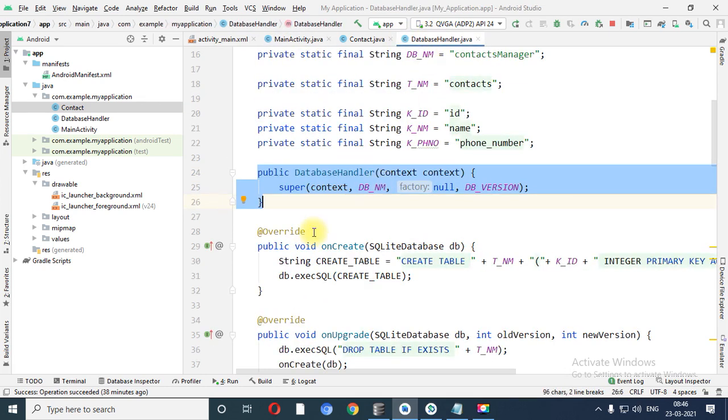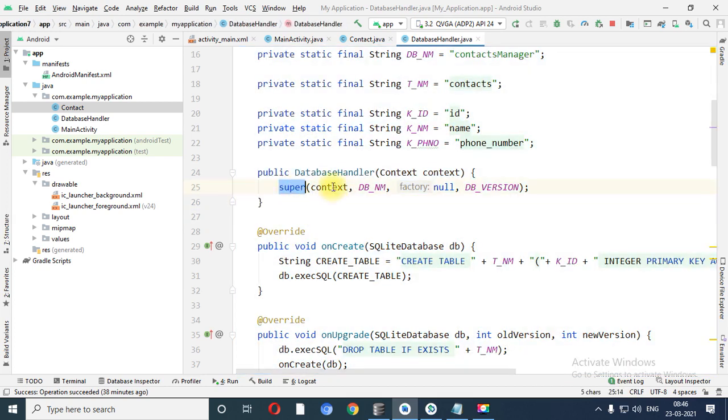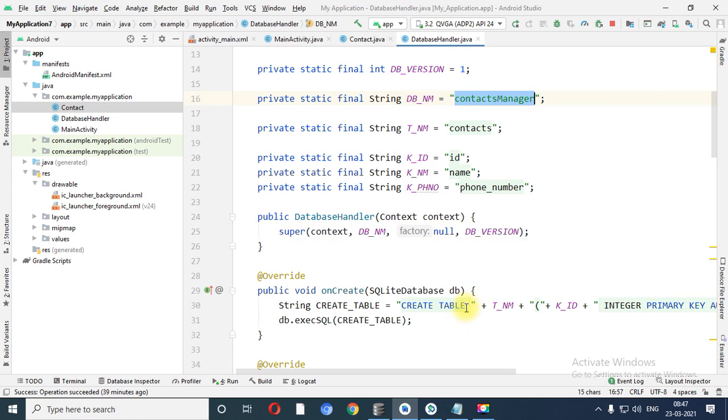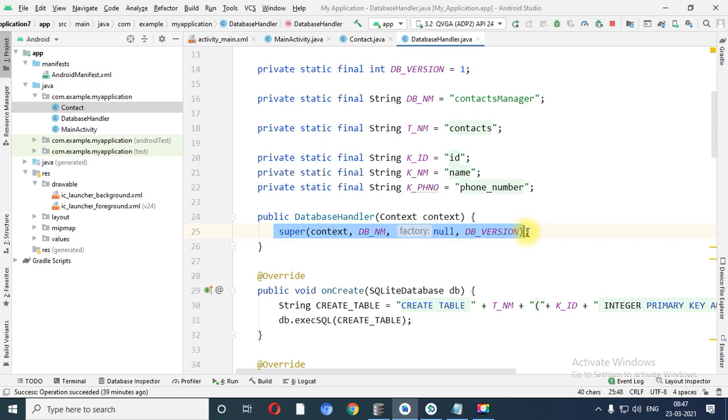Now what happens? What is written inside this particular code? Super context means current application, dbnm. What is the name of our database? Contact manager. So the database is created. Right now these all are declared as variables, right? But using this particular line, our database is created.